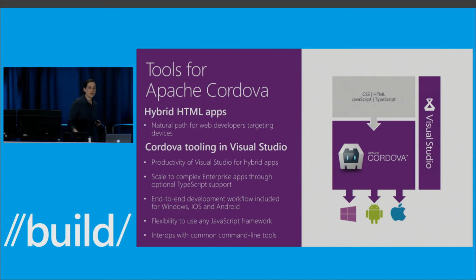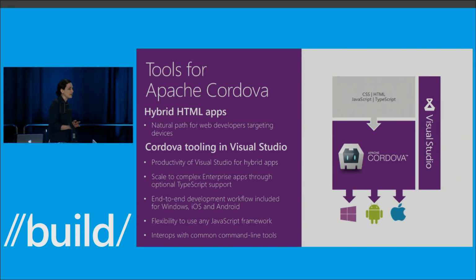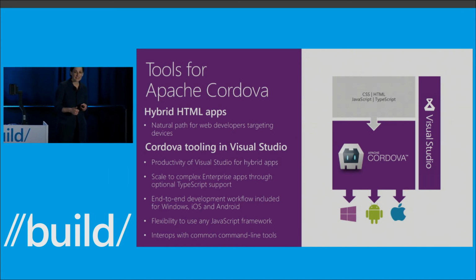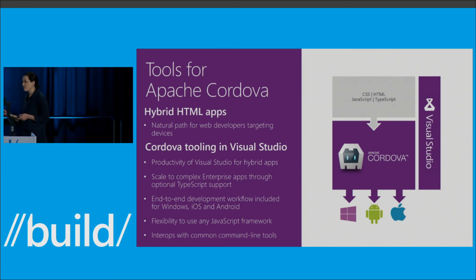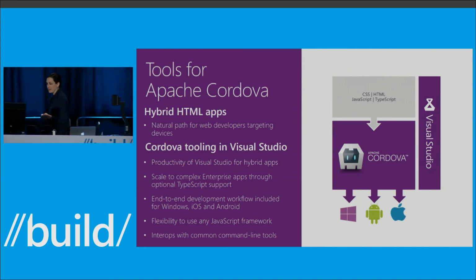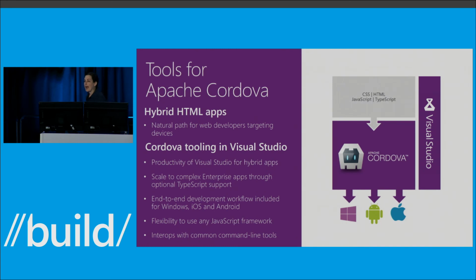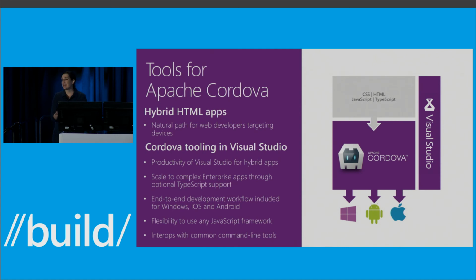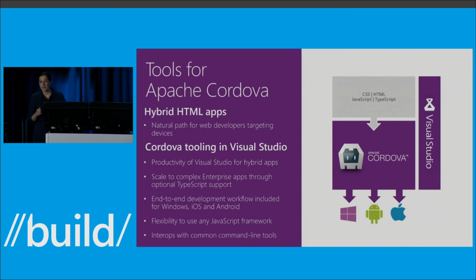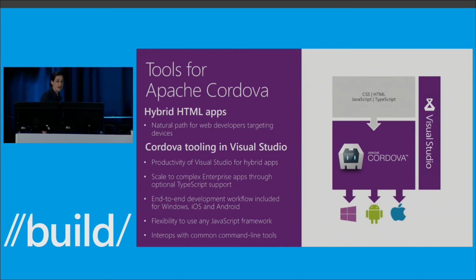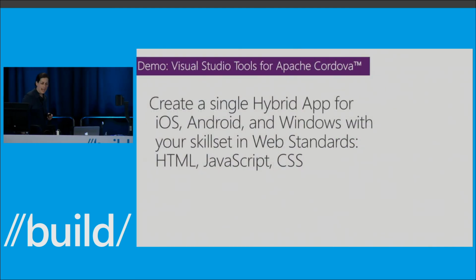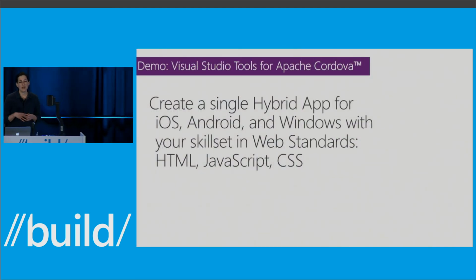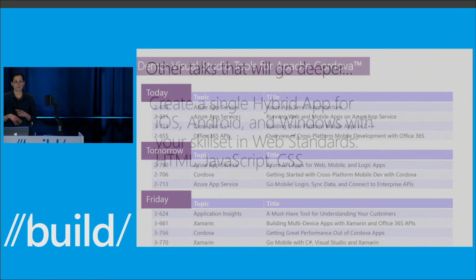And the TypeScript experience is throughout our Cordova tooling so that you get great IntelliSense for all of the plugin completion or for any of the native device capabilities. With the Cordova applications and the tooling in Visual Studio, you can use any JavaScript framework that you use in your web development today, or common command line tools like NPM, Grunt, Gulp, Bower, all of those kinds of task runner tools. And you end up building a single hybrid application across iOS, Android, and Windows.